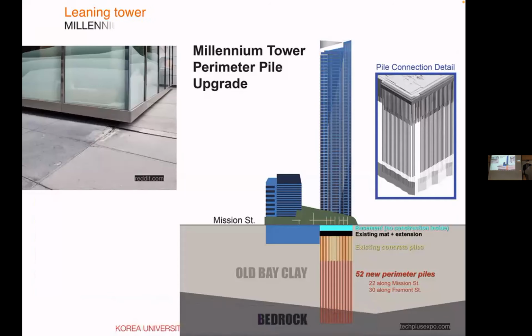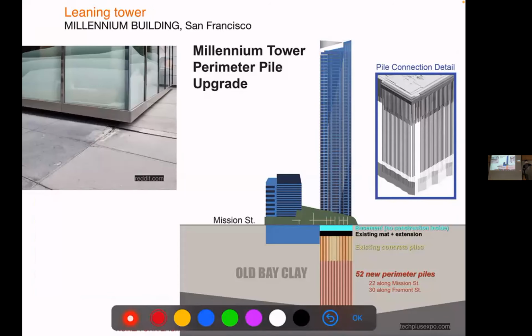We have the one we mentioned the other day, the Millennium Tower in San Francisco, one of the most expensive, exclusive towers in the world. You have to be a multi-millionaire to have your loft there, right? And those towers have been rotating for months. And the problem is this, the section is very clear. You have a tall tower with a huge slab, right? And piles to help support it.